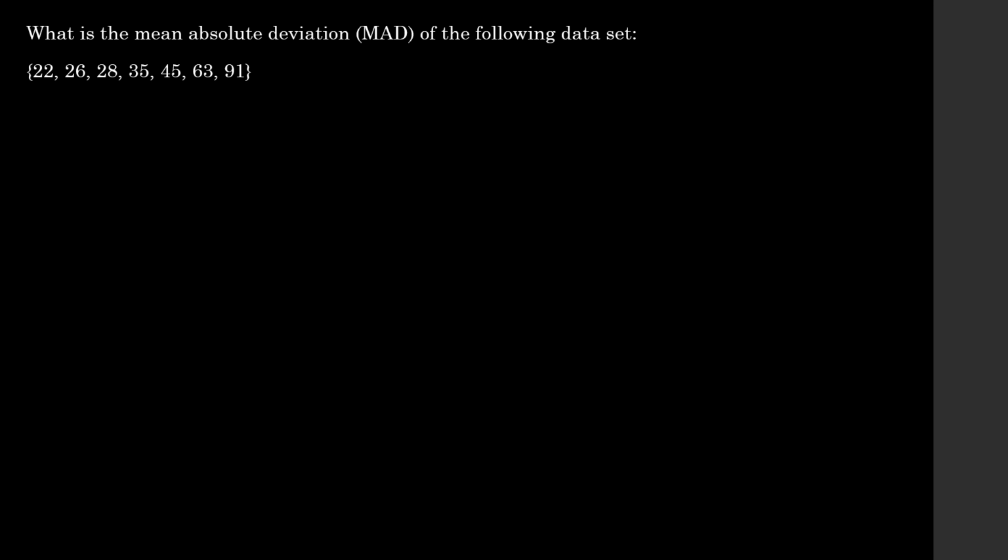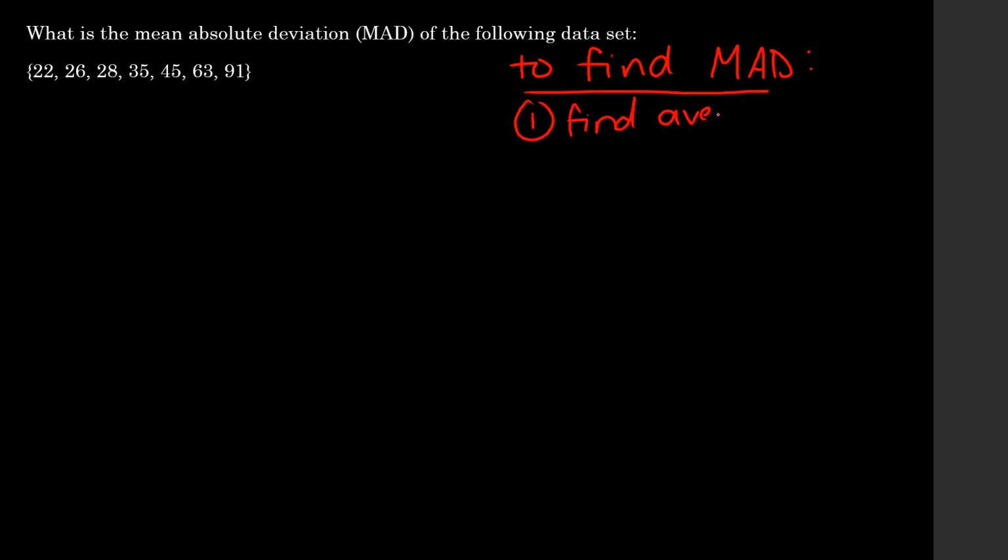So to find MAD, or the mean absolute deviation, the first thing you want to do is find the average. Okay, so the first thing you want to do is find your average or your mean of your data that you're given. Then you're going to determine